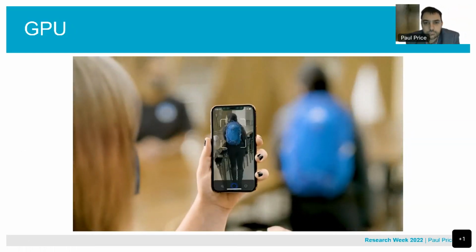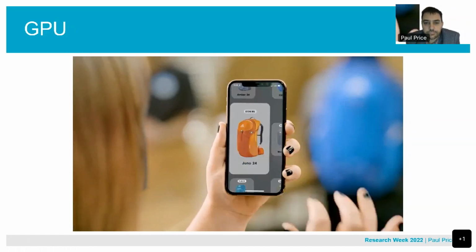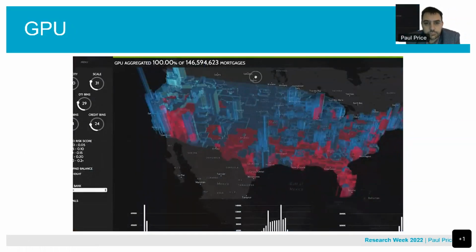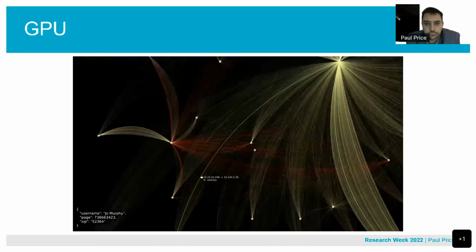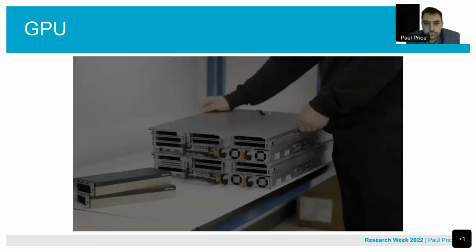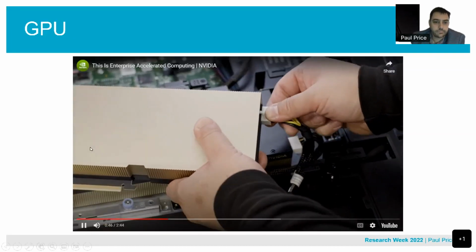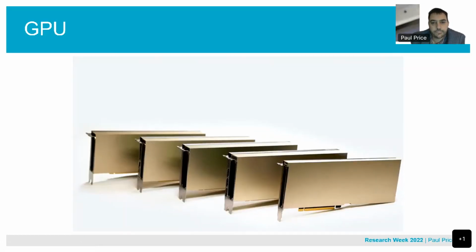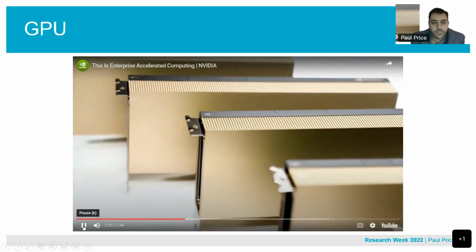Imagine training the next generation of recommender systems that will serve customers better, getting insights from petabytes of data in minutes instead of days, or detecting cybersecurity threats using artificial intelligence to monitor network traffic in real time. All of this is possible by upgrading your data center with NVIDIA-certified servers with GPU application accelerators and high-performance networking. NVIDIA has a wide portfolio of GPUs and networking products that are designed for...